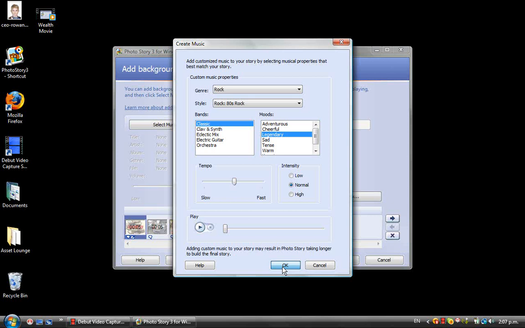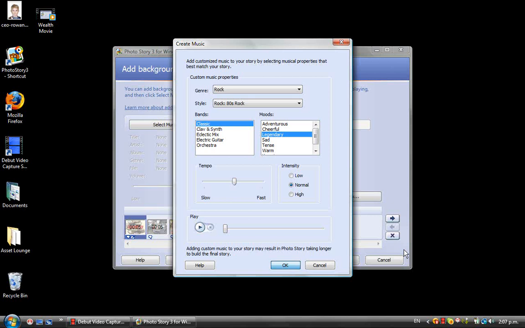When you add custom music, it does take a little longer to build the final story, but it makes it more memorable. Next we're going to show you how to save your photo story, your Mind Movie, onto your hard drive, and then you're able to play it back.